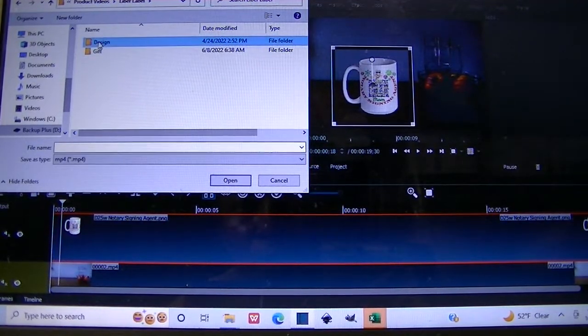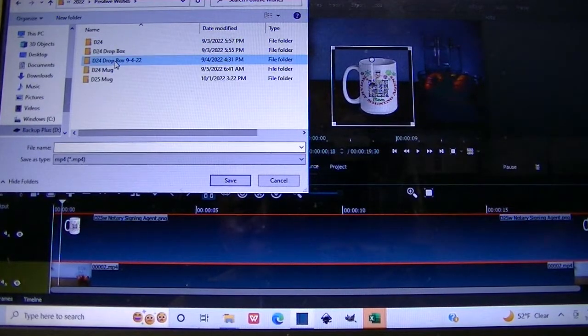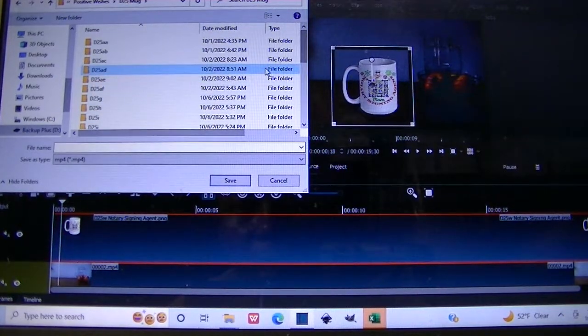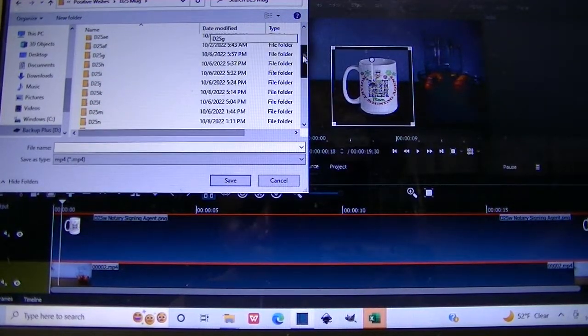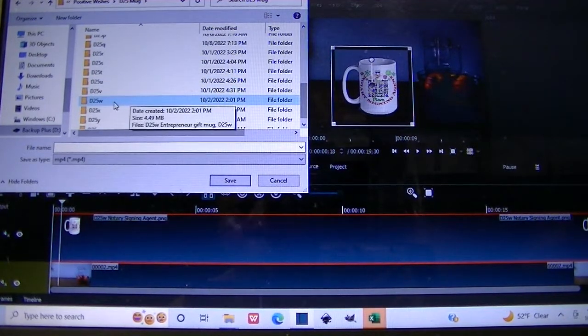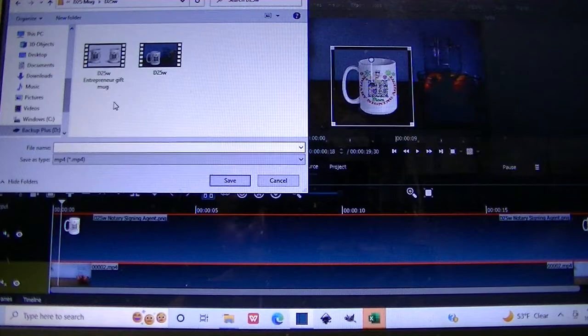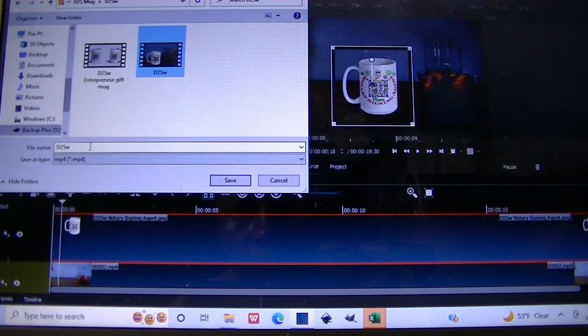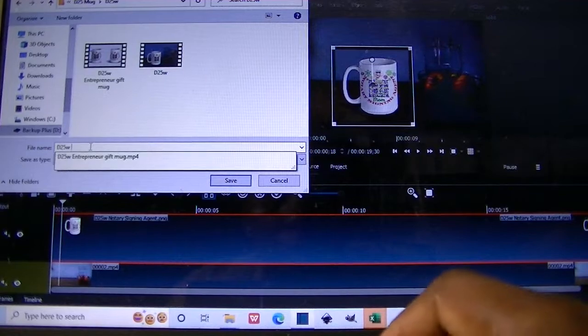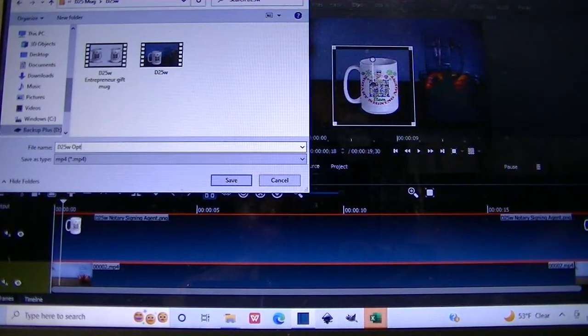So we are going to look for the proper folder that we want to put the video in. That way when we are looking for it, we will find it. When you are ready to list your products, you will find your video easily. So I'm just going to call it option 2,